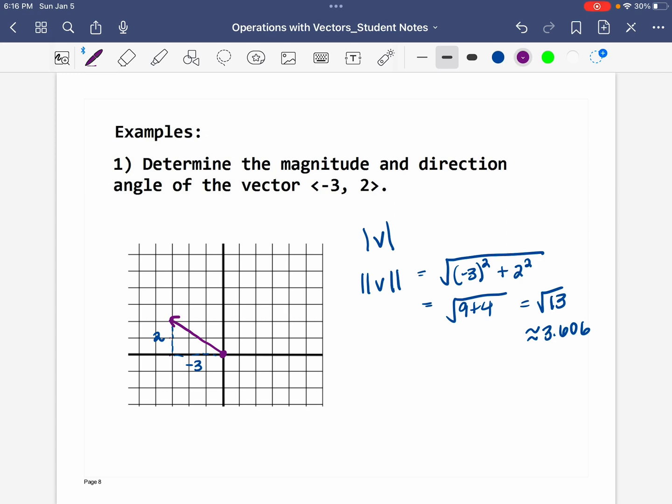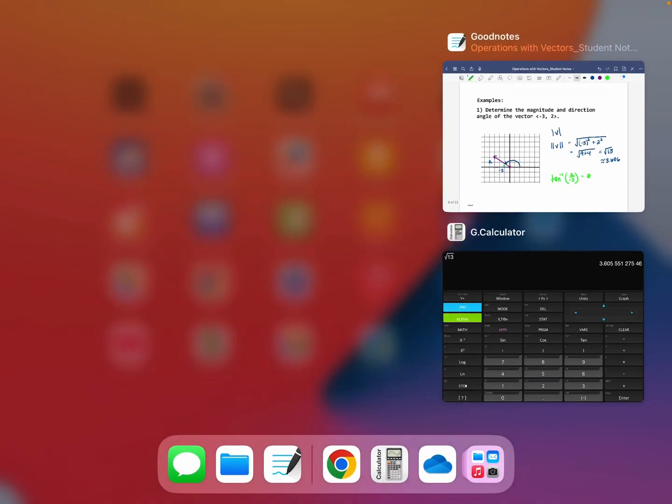The direction has to be measured from the positive x-axis. So we're going to measure all the way from the x-axis over here. But we need to use our reference triangle like we did in our other units, and we're going to solve for this little angle in there, that little green angle. So we're going to say inverse tangent of the y component, which is 2, over the x, which is -3, and that's going to give me my angle. So I'm going to go to my calculator, and because I'm solving